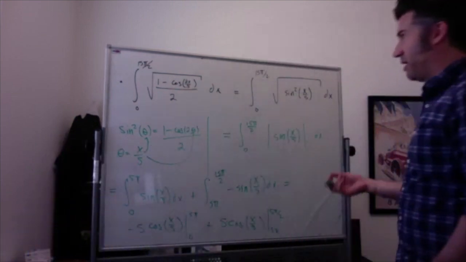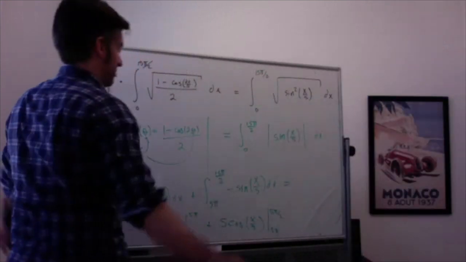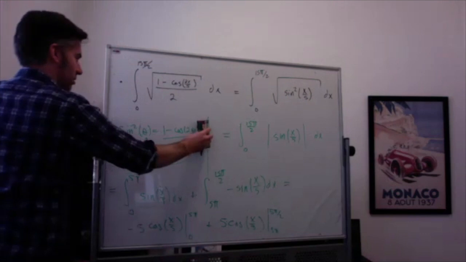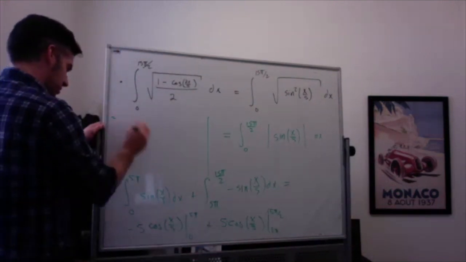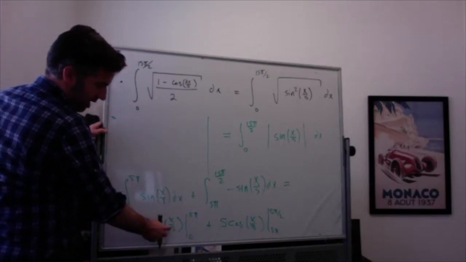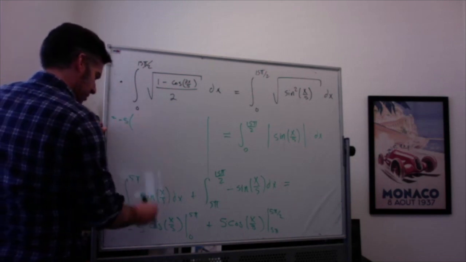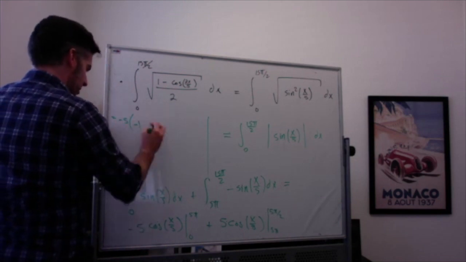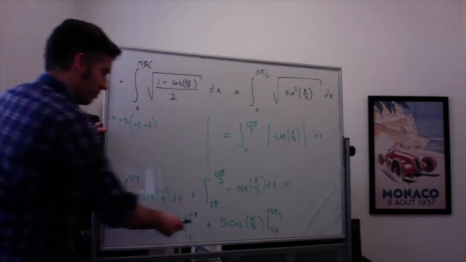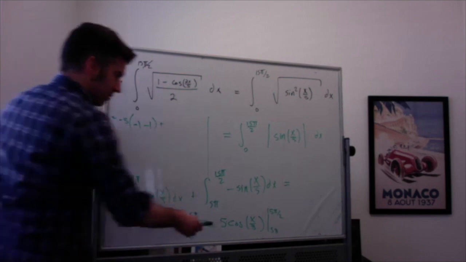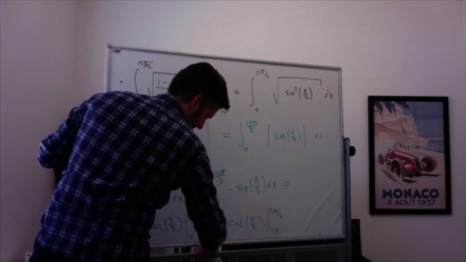All right, and now I have to plug in. Of course, I've run out of room, so I guess I'll erase this part here. So we end up with plugging in 5 pi, cosine of pi is negative 1. So you get negative 5 times negative 1 minus, when I plug in 0, I get cosine of 0, which is just 1, plus 5 cosine of